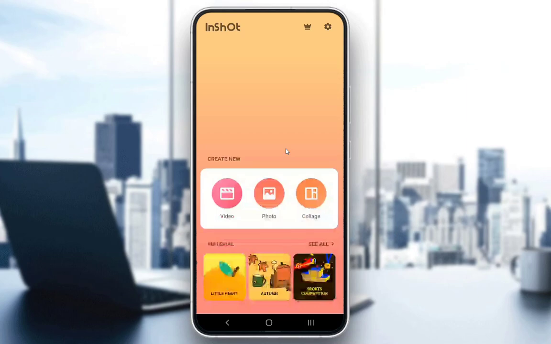In this video, what I will be showing you guys is how to edit your videos in Inshot, the mobile editing application. Now, to actually edit videos in Inshot, it is a quite simple and quick process, and what you want to